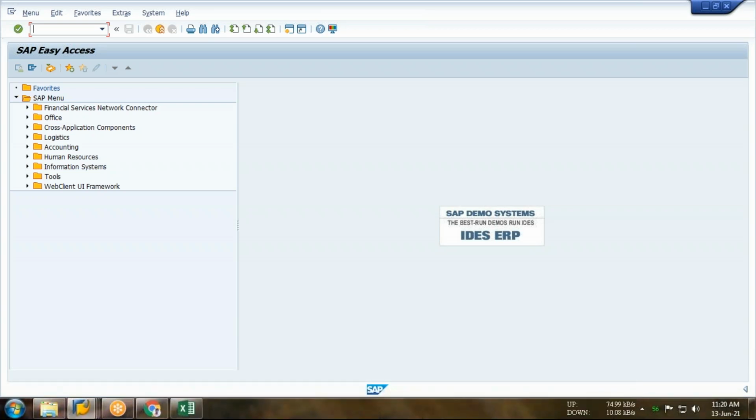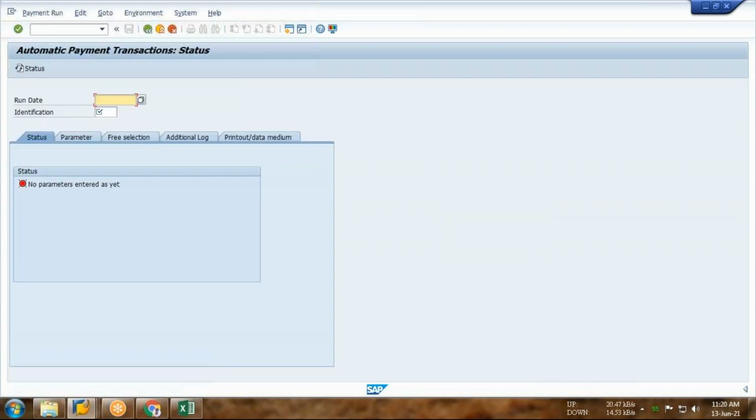I mean, invoice amount rupees 50,000. Now I am going to clear the entire 50,000. So how shall I? Now have a look, guys. F110. This is a T code to run the automatic payment. F-53 was for the manual payment. F-48 is basically for the advance payment. And now F110 is for the automatic payment.